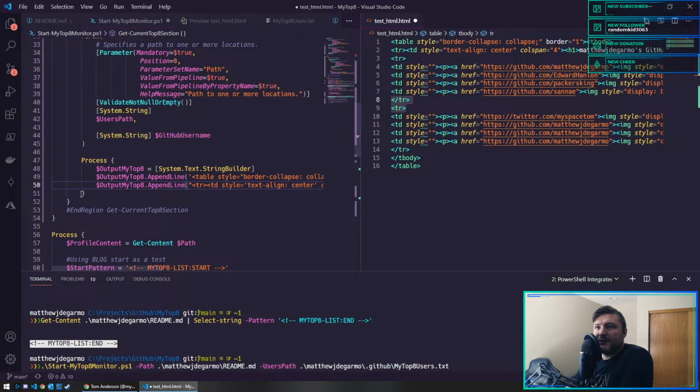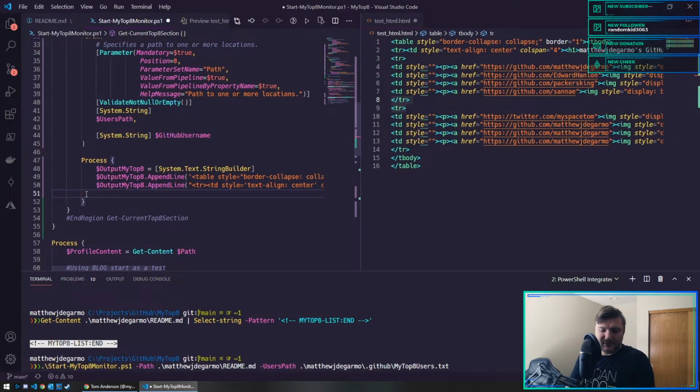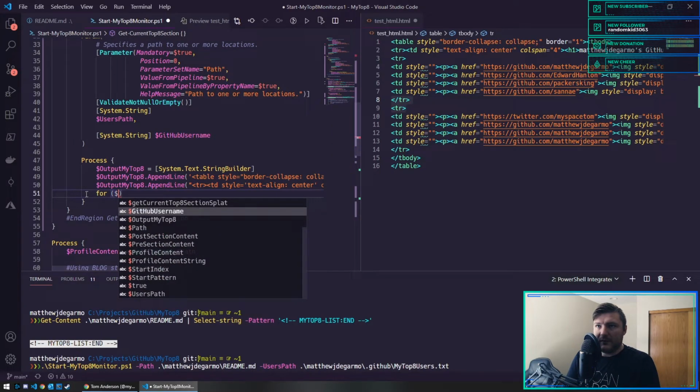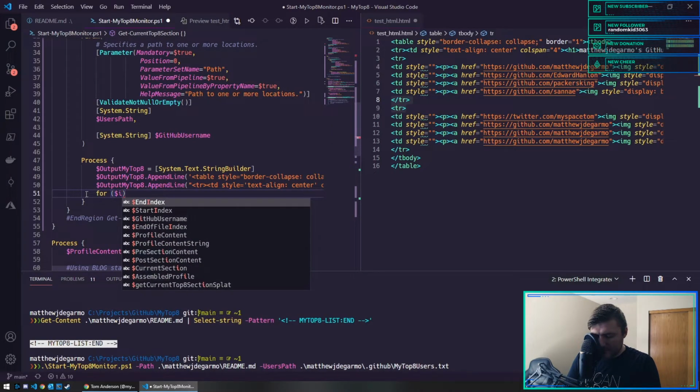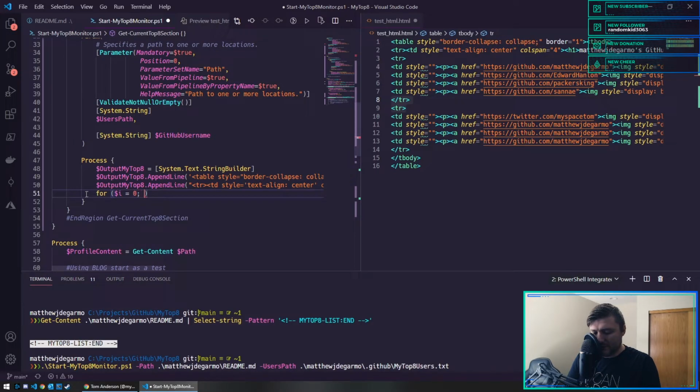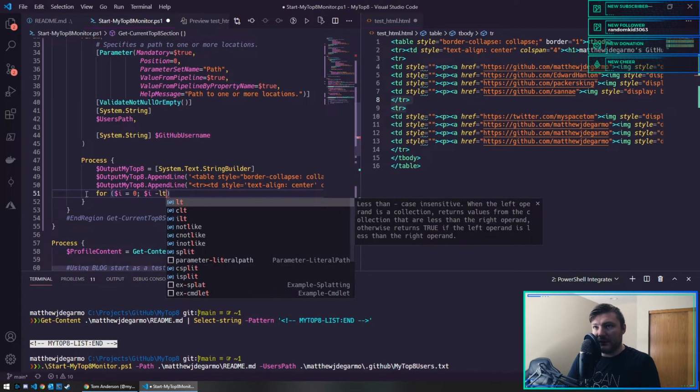I think I will do it like this. Instead of the PowerShell for each loop, I'm actually going to do the C# syntax. So for I equals 0, I less than